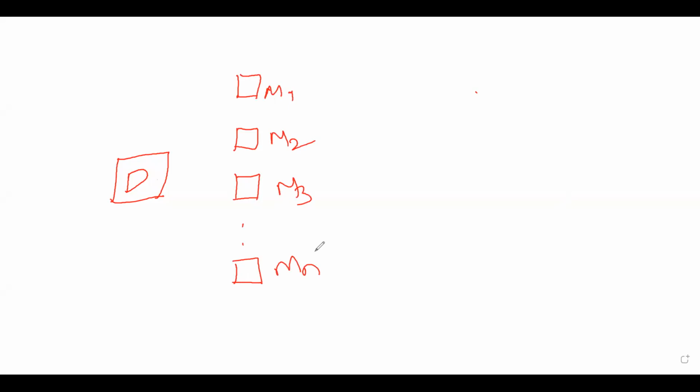For each and every model, we will provide a sample of the data set, D dash M. And we have n records in the data set. Remember, always m should be less than n. That is, the sample we are selecting should be smaller than the complete data set. So D dash M should always be less than the complete data set n.